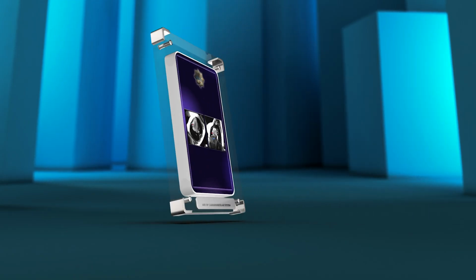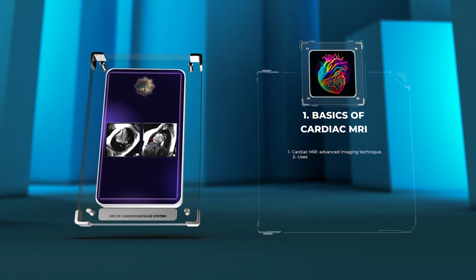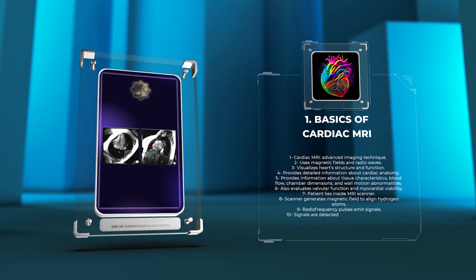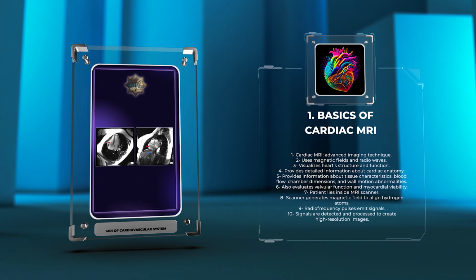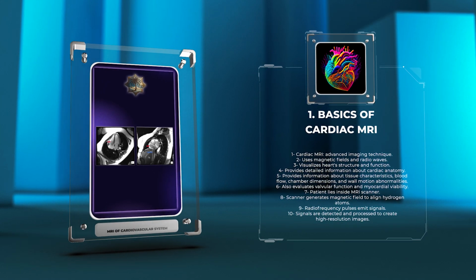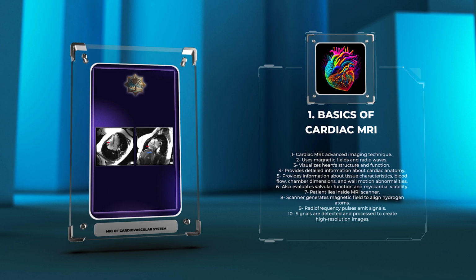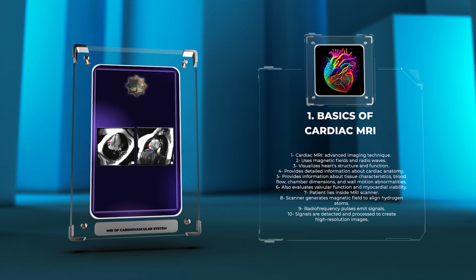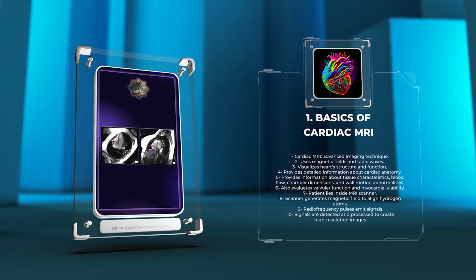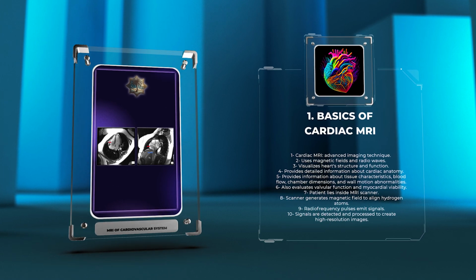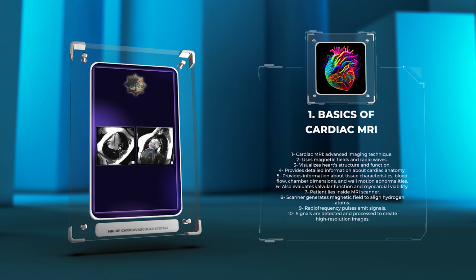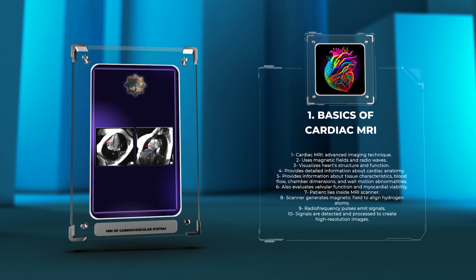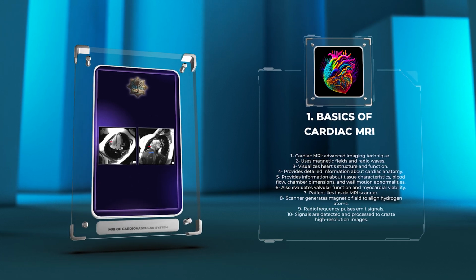Cardiac MRI is an advanced imaging technique that uses magnetic fields and radio waves to visualize the heart's structure and function. It provides detailed information about cardiac anatomy, tissue characteristics, blood flow, chamber dimensions, wall motion abnormalities, valvular function, and myocardial viability. During the examination, the patient lies inside an MRI scanner that generates a magnetic field to align hydrogen atoms in the body. Radio frequency pulses are applied to emit signals, which are detected by receiver coils and processed